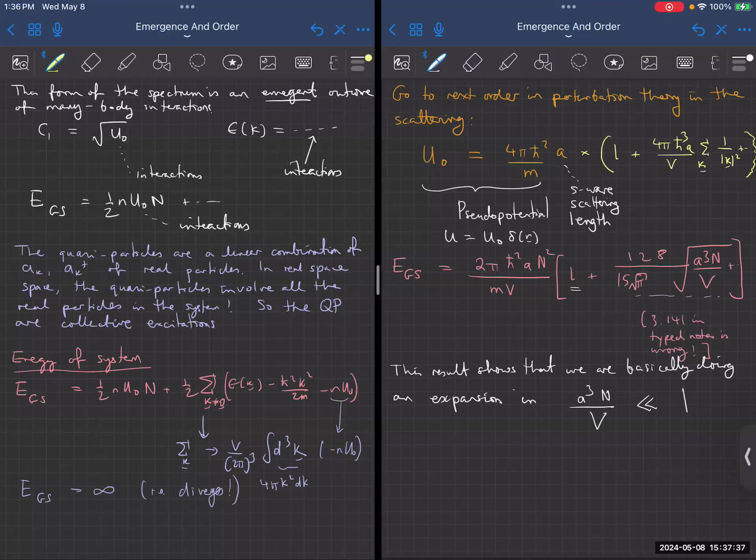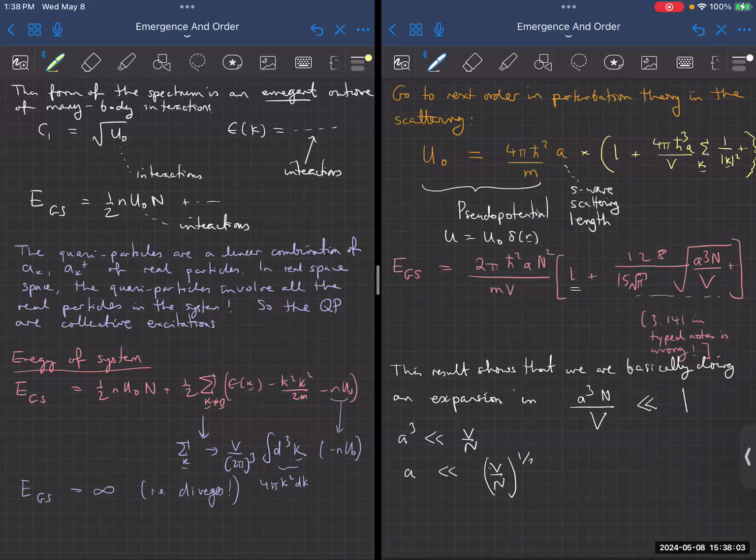In other words, a cubed is much less than v over n. And if I take the cube root of this, a is much less than v over n